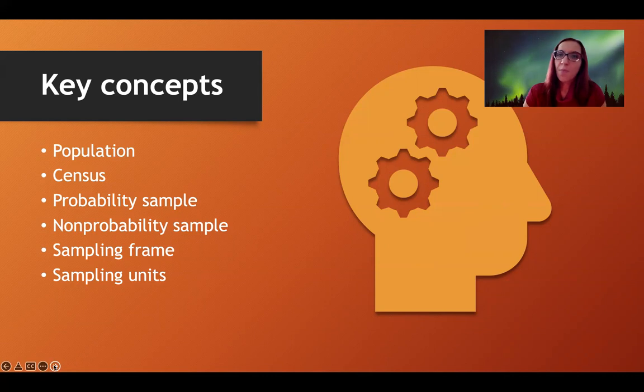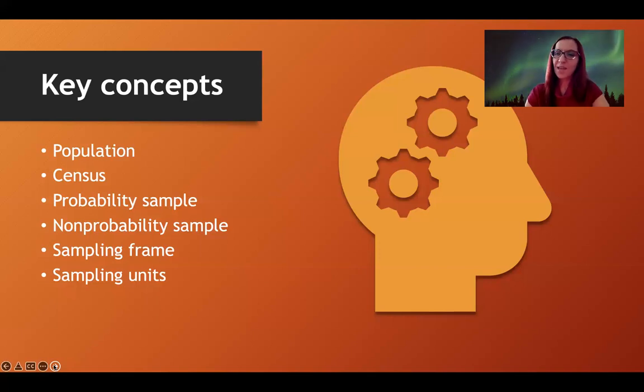So what is your population census? Every member of the population. Probability sample. Remember, this is when everyone could be selected to participate in a survey and you can make generalizations. Non-probability is when we search for people who are convenient to us or people who are ready to volunteer to participate in our study. I also want to emphasize that you should search for a sampling frame. So what is your sampling frame, and then sampling units?